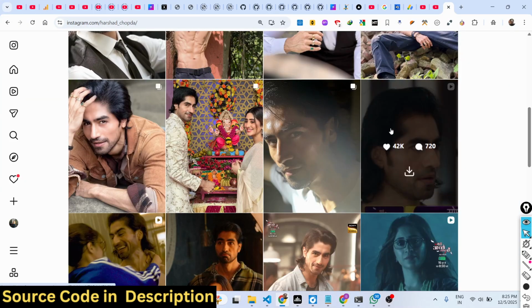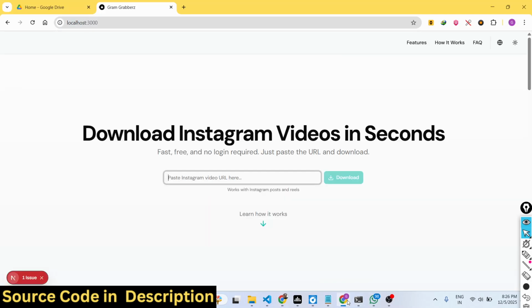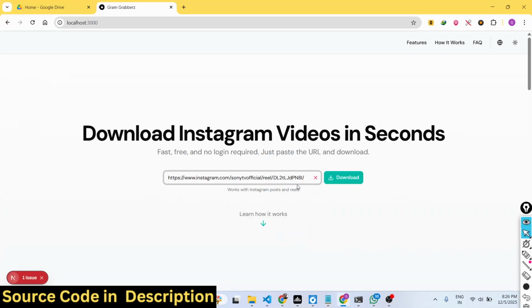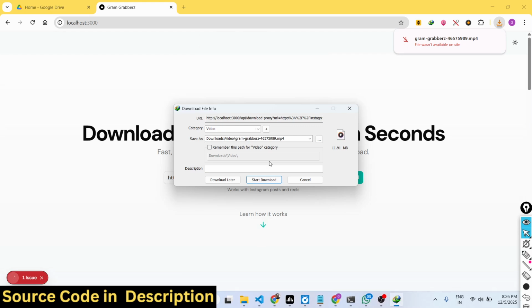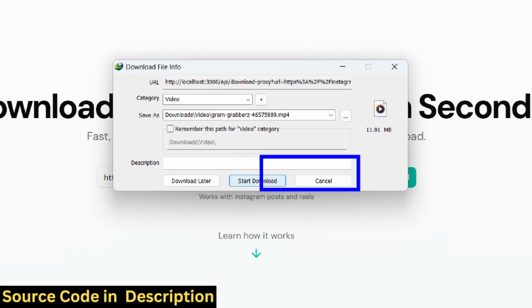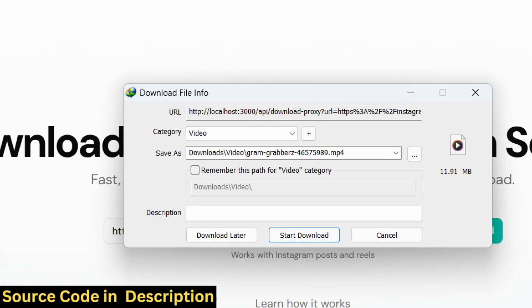So now let me just go to any profile and copy the link of a video and simply paste it right here. So after pasting it right here, it will communicate with the Instagram GraphQL API and it will make a request in the background and automatically your video will start downloading. So you will see this is my video downloaded right here. You will see this is basically making this request here to this slash API slash download proxy,